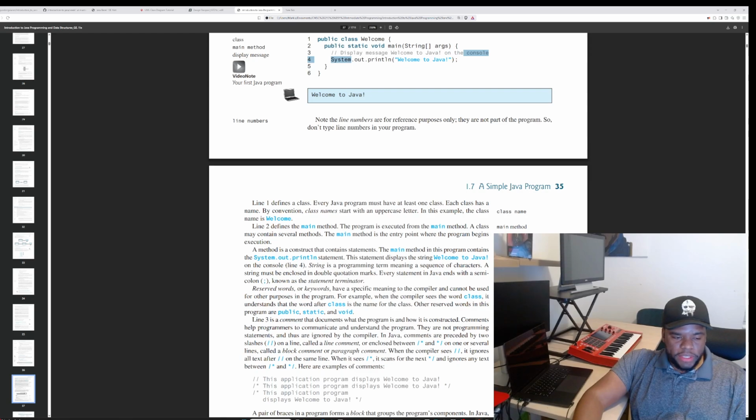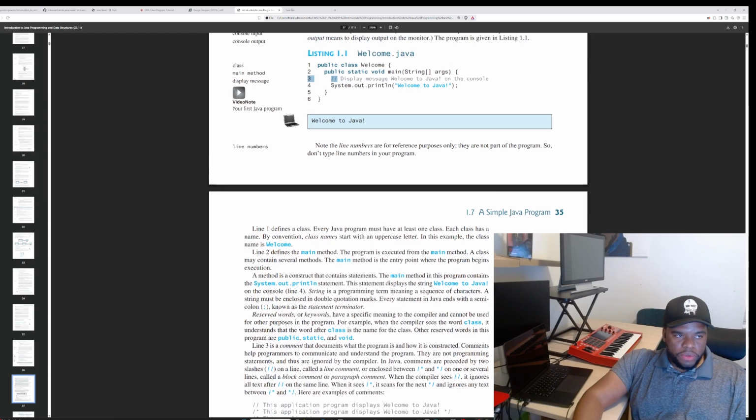When the compiler sees these two slashes, it ignores all text after the slashes on the same line. So on line 3, once you put these two slashes, it turns the text afterwards into a comment,